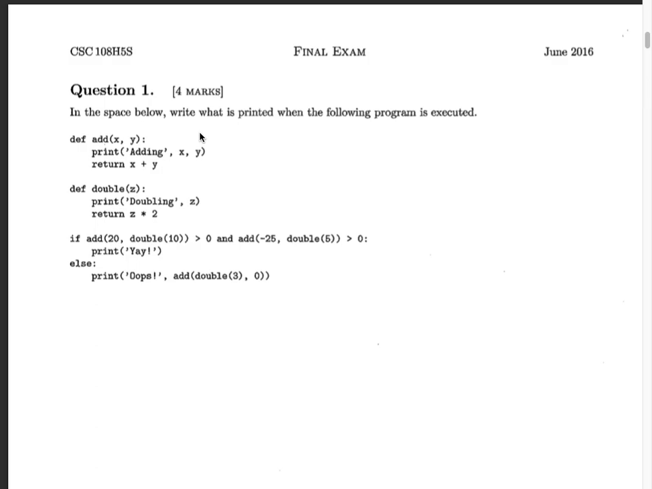So we have an add function which returns the sum of two numbers and also prints that it's doing so. We have a function that doubles something that prints that it's doing so. And then we have this if statement. Okay, so if we double 10 and add 20, if that is greater than 0, which it is, and add minus 25 to the double of 5, which is minus 25 plus 10, then, okay,